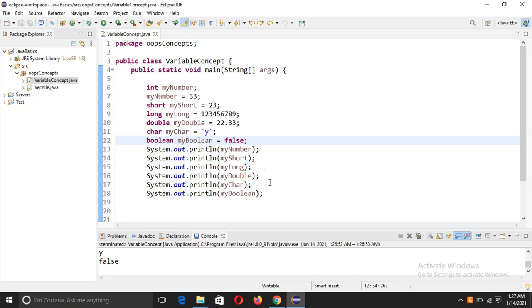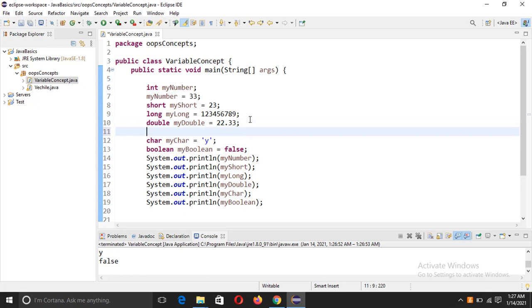So yeah, I think I have forgotten one more. There is one more primitive data type which is used to represent floating values, which is float. It is just the same as the double data type. Okay, but there is one twist in it. You can see an error is showing up.